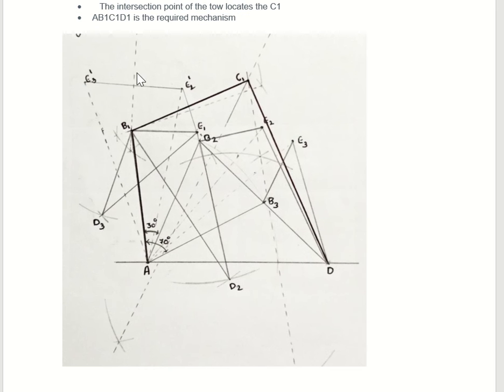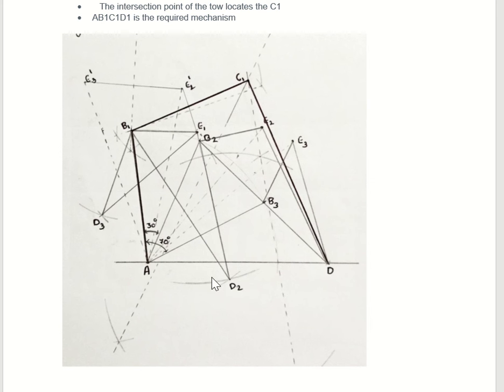Now, these two perpendicular bisectors intersect at a point. Let us name this point as B1. Then, draw a line from A joining the point B1. Now, with the given length A B1, we'll be drawing another 2 points at angular displacements of 30 degrees and 70 degrees respectively, and we'll be naming them as B2 and B3.